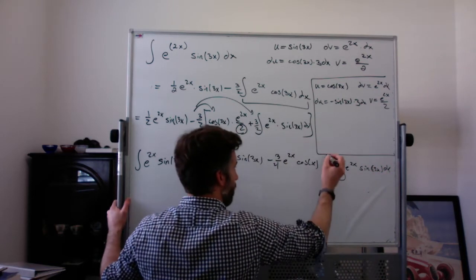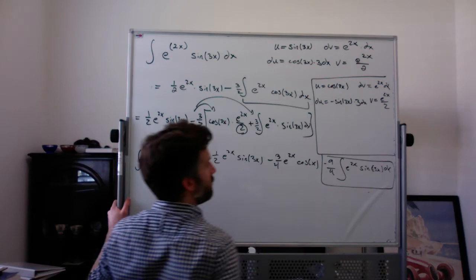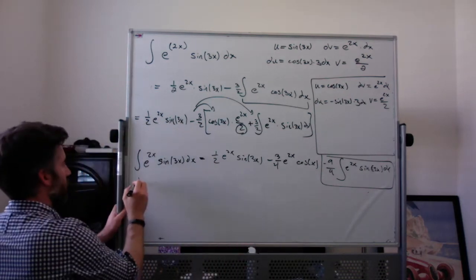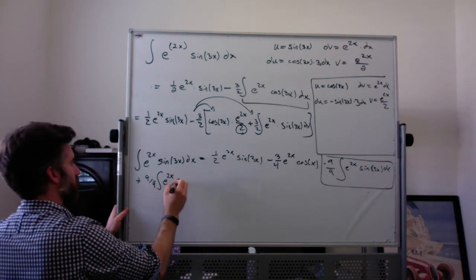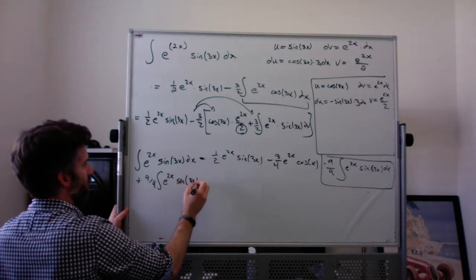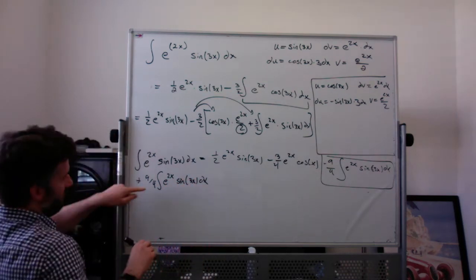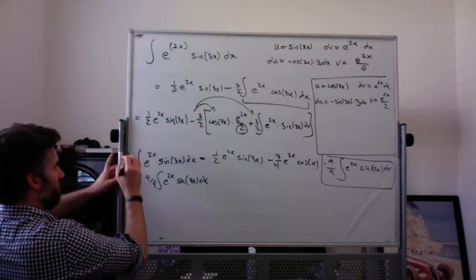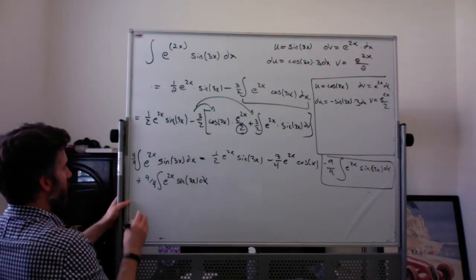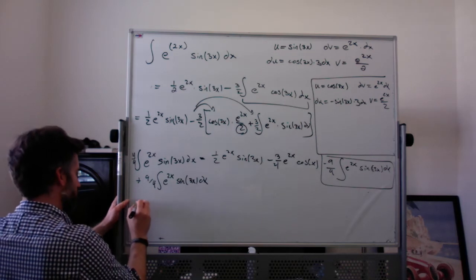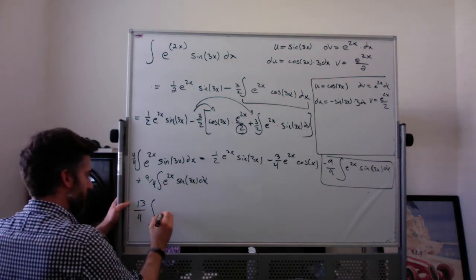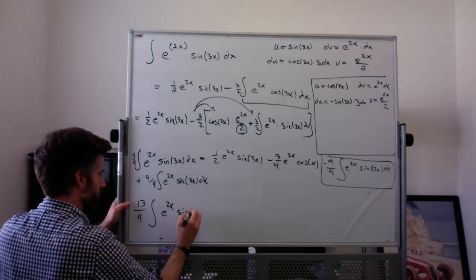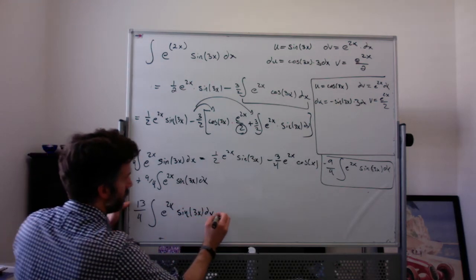Okay, I'm going to add this to both sides. So I'm going to add 9/4 the integral of e to the 2x sine of 3x. So 9/4 of a thing plus 1 of a thing, which is 4/4 of a thing. 4/4 plus 9/4 is 13/4. My integral of e to the 2x sine of 3x equals